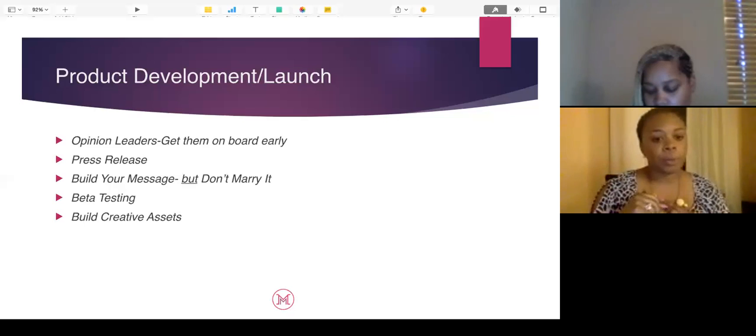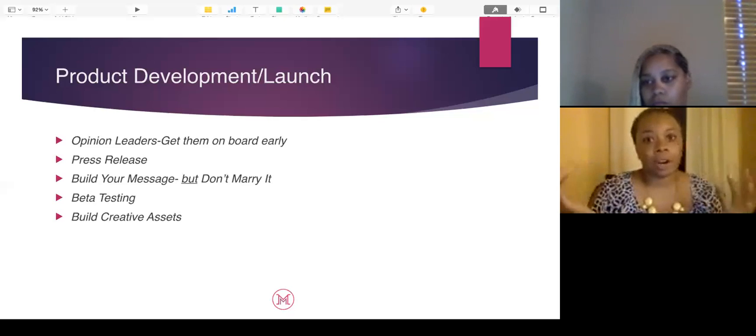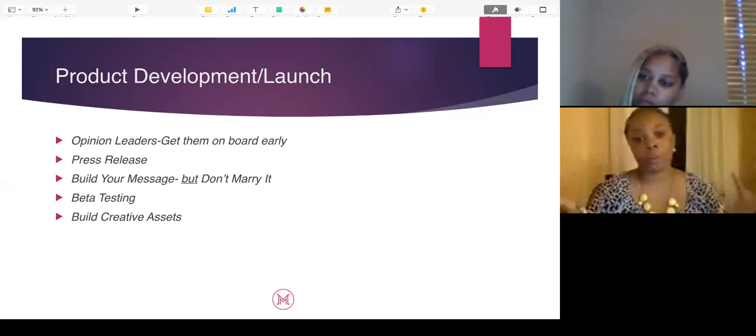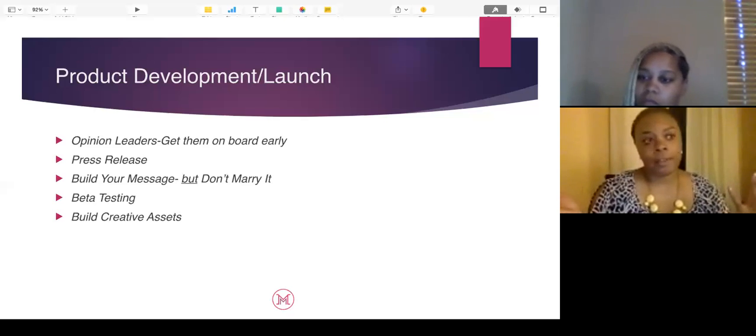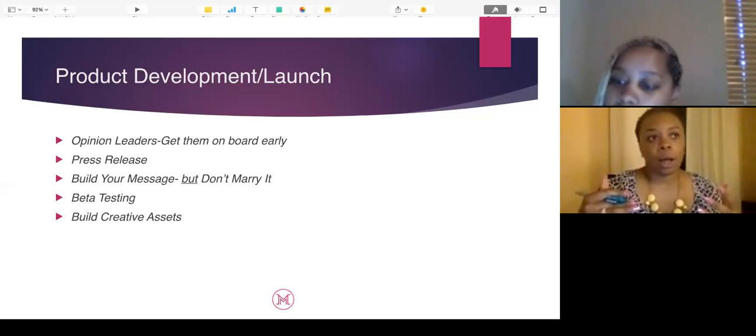And then you want to always build creative assets. Like I talked about before, when you're launching, you want to focus on the assets that individuals want and need based on your research, going back to what we talked about earlier. But you want to make sure that your assets are put out in the marketplace in a creative way. There's a million ways to say that my skincare line will help you clear up your skin. You know what I'm saying? And there's a million ways to put that out,